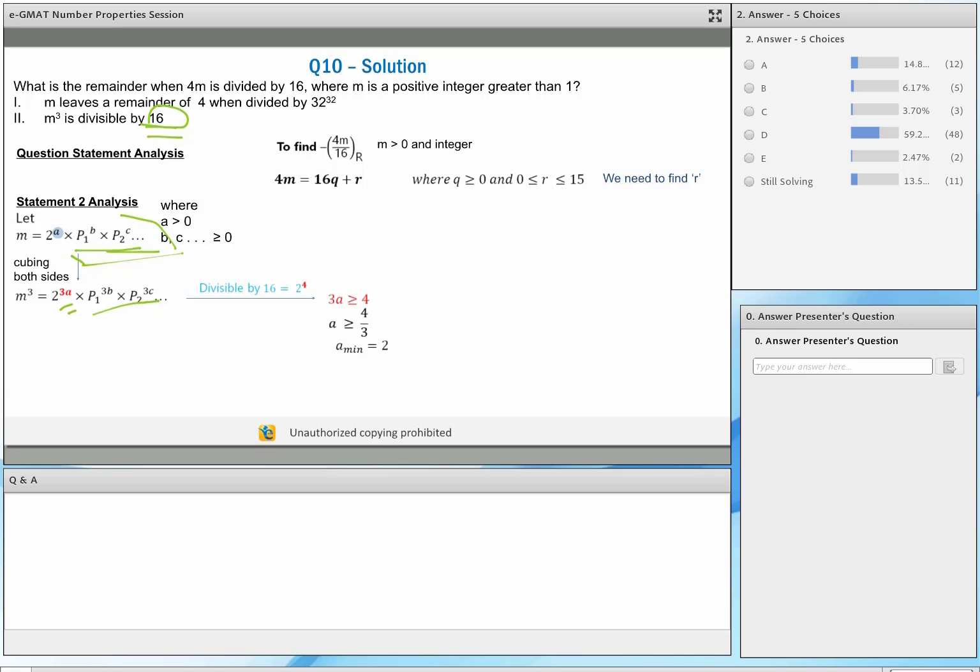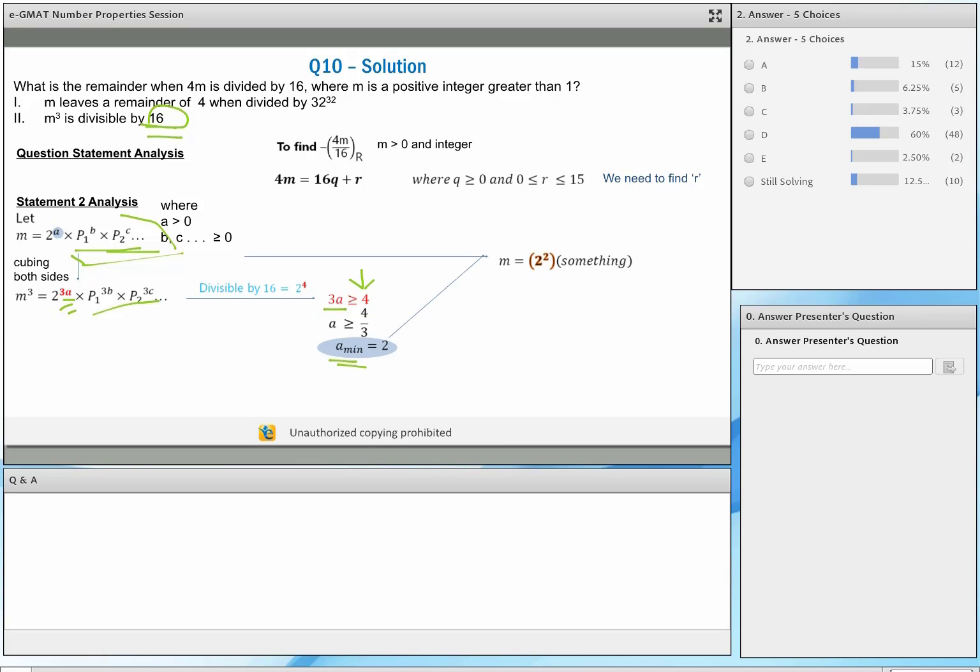that, again, 16 is what? 2 to the power 4, which means 3a will be greater than or equal to 4, right? Again, all I'm saying is m cubed is divisible by 16, which means that there has to be a 16 over here. If there has to be a 16, this means that 3a has to be greater than or equal to 4, because 2 to the power 4 is 16, which means a is greater than or equal to 4 divided by 3, which means the minimum value of a is equal to 2, which